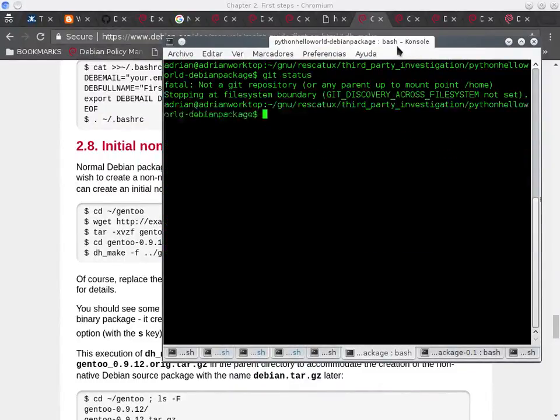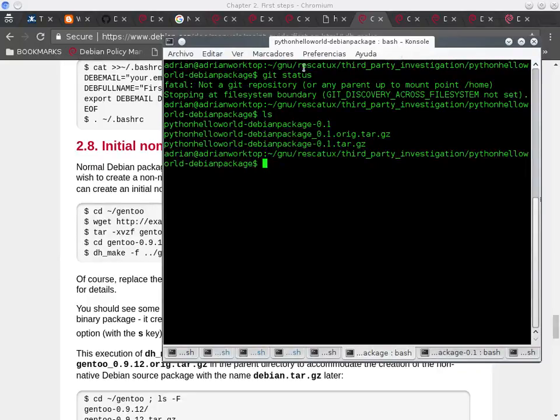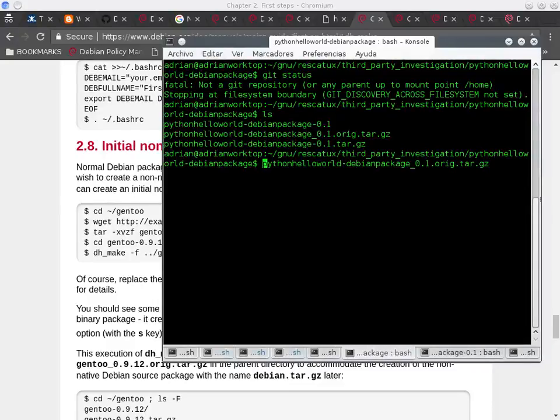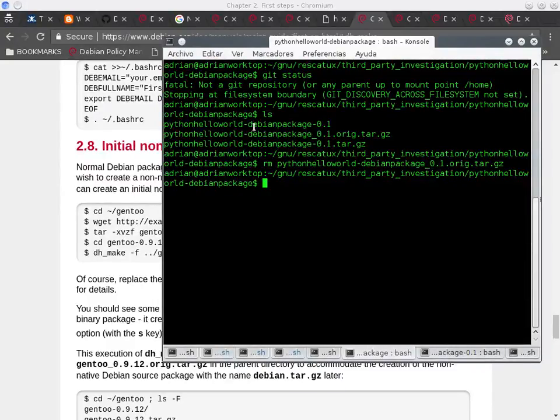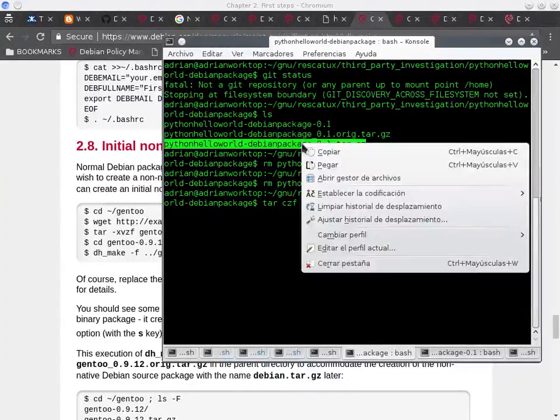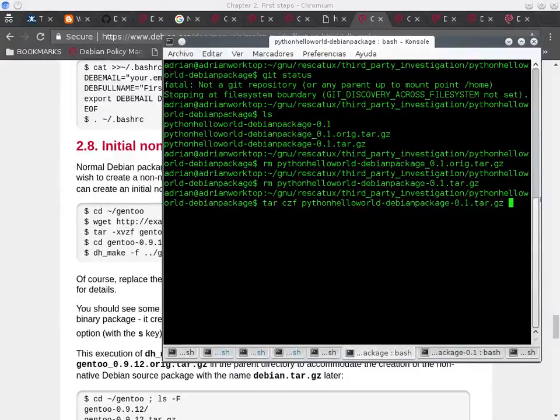So okay, so I'm going to remove this one, and I guess I can remove also this one. Okay, and now I can create this one, which means it's the original source code, which should have the same directory name. And now here I'm going to exclude